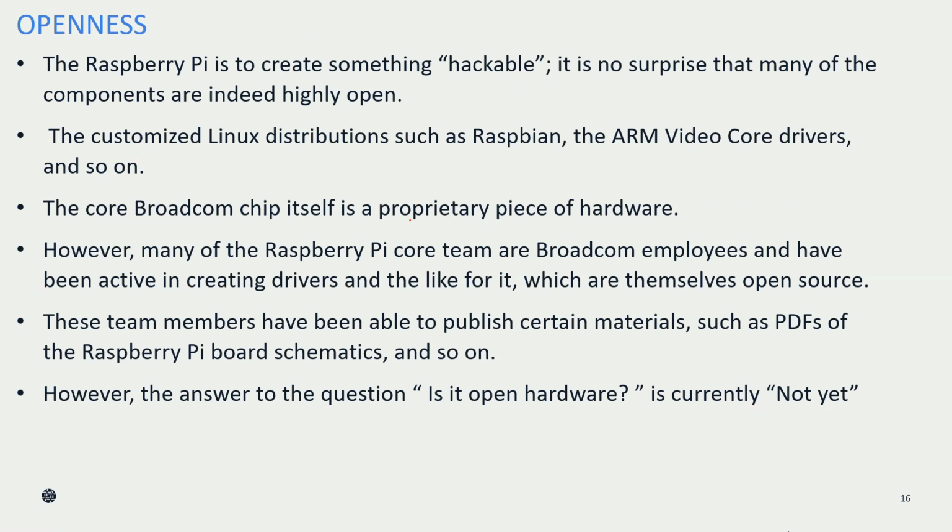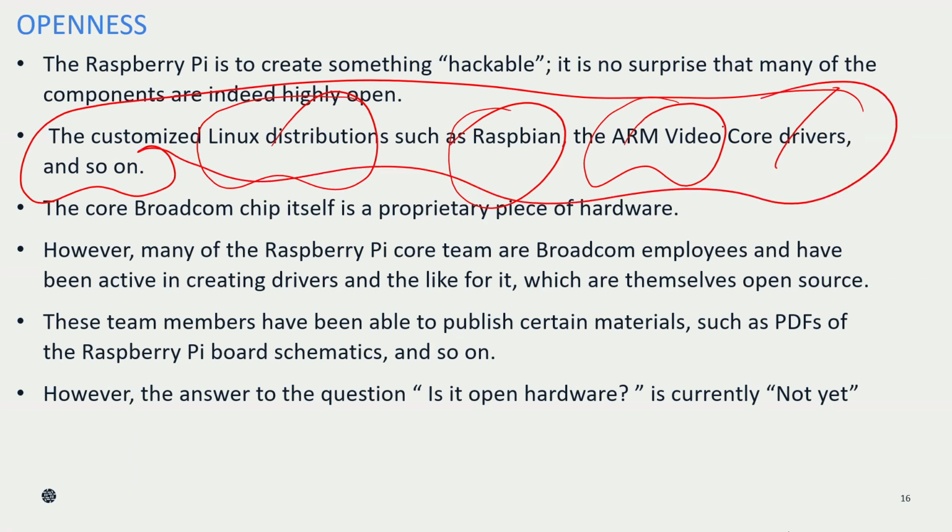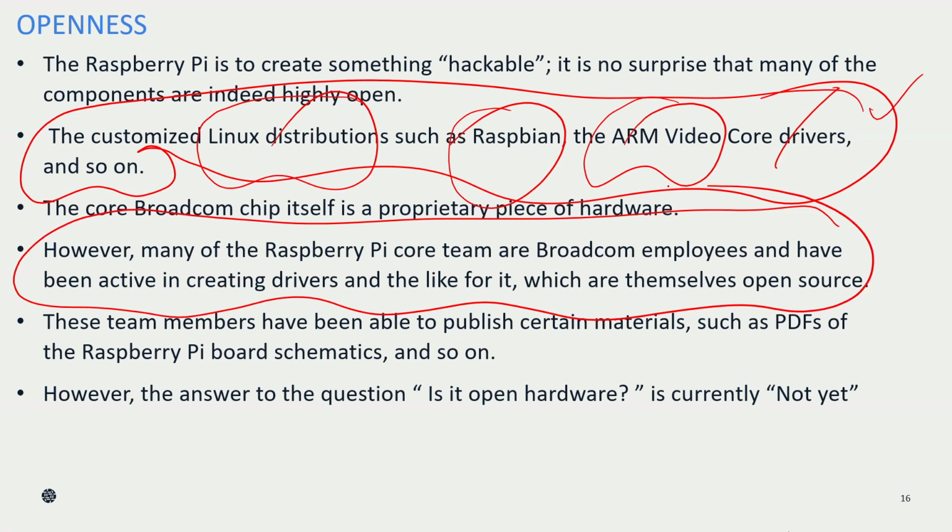If you want to use an OS like a Linux distribution, such as Raspberry or ARM video code drivers, all those things are openly available, so you can go and download and then use them in the Raspberry Pi. No need to pay. Everything is open source. You can go and apply those things and get your output. Also, if any update or modification is there, or the latest version driver has to be installed, those things will also be updated.